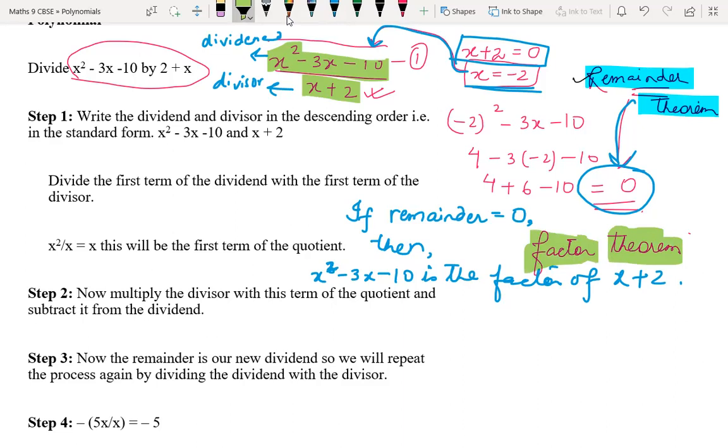Sir, remainder theorem means after solving the equation, the value which we get, if it is zero, then it is zero. No, no. Remainder theorem is how to get the remainder directly by putting the value of divisor in the dividend. You may get 3 also, any number, 2, 3, whatever, you can get the remainder. So this is the theorem by which we can get the remainder in only 1 or 2 steps. Understood? Otherwise, you can divide and see. Okay, Sai Charan? Sir, I did not understand, sir, how to do.